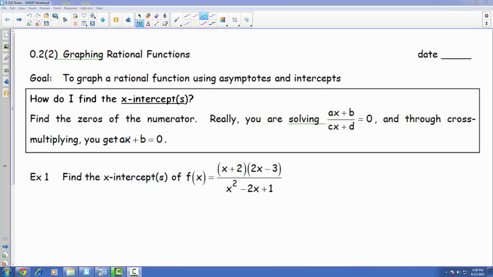Here we are at the 0.2 number 2 set of notes. We're looking at more graphing rational functions, and along with the horizontal asymptote and vertical asymptote, we're going to add some things like trying to find the x-intercepts for a particular rational function. And how this works when we're trying to find the x-intercepts, again, that just means where it's crossing